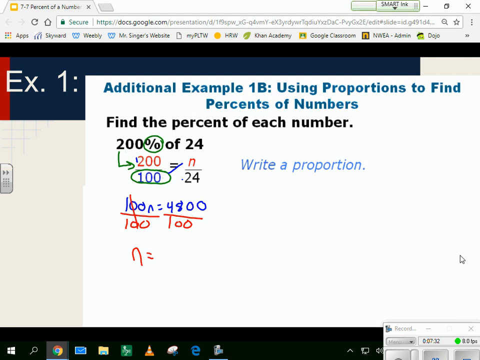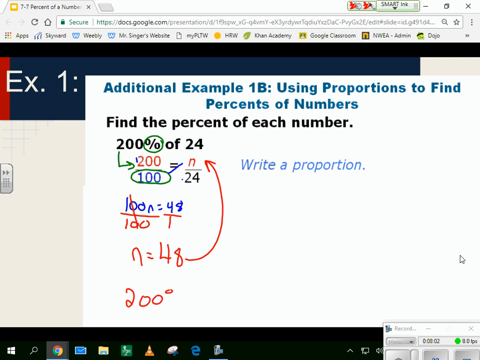Now remember, they both share 1 zero, so we can cross it off. And they both share another zero. So now our math is really easy. It's just how many times does 1 go into 48? And that answer would be 48. So 48 is bigger than 24, and it should be because we have 200 and we have 100. The top number is larger than the bottom number, so we need to have a number that's larger on the top. So the answer is 48,